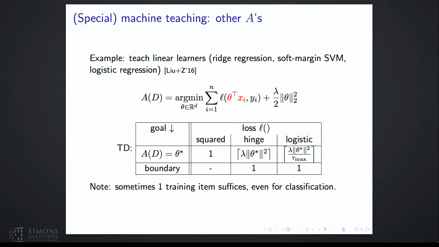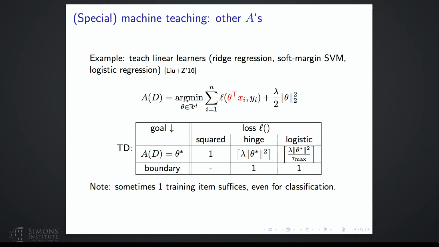And it turns out it's not entirely obvious, but depending on what you want to teach, we have some characterization of what the minimum number of training examples are needed, even when a teacher can place them arbitrarily. So let me explain the table a little bit. These are the different learners, different students. The goal here, we have been actually talking about this, which is A(D) equals the singleton set theta star. Okay, that's teaching the correct parameters.